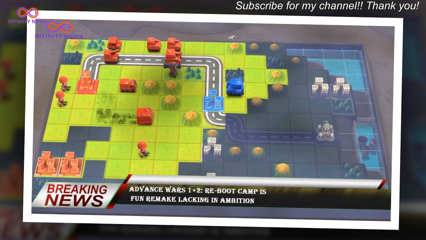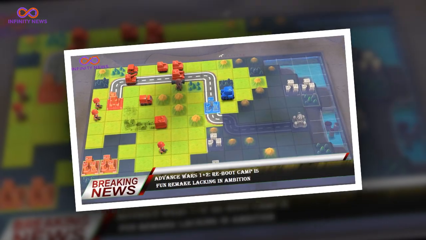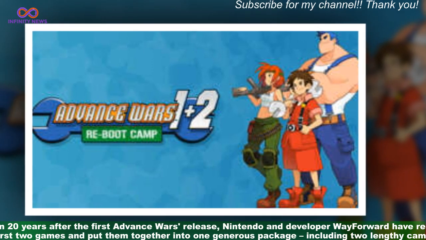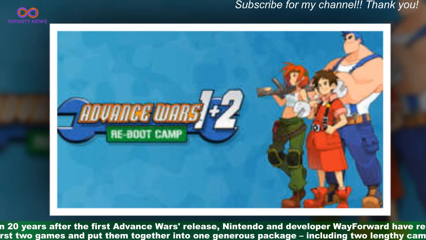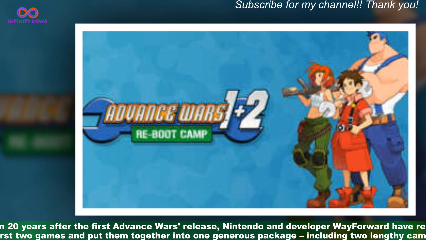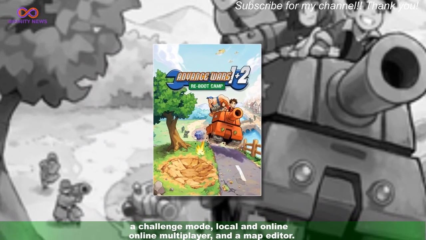Advance Wars 1+2 Reboot Camp is a fun remake lacking in ambition. More than 20 years after the first Advance Wars release, Nintendo and developer WayForward have remade the first two games and put them together into one generous package, including two lengthy campaigns, a challenge mode, local and online multiplayer, and